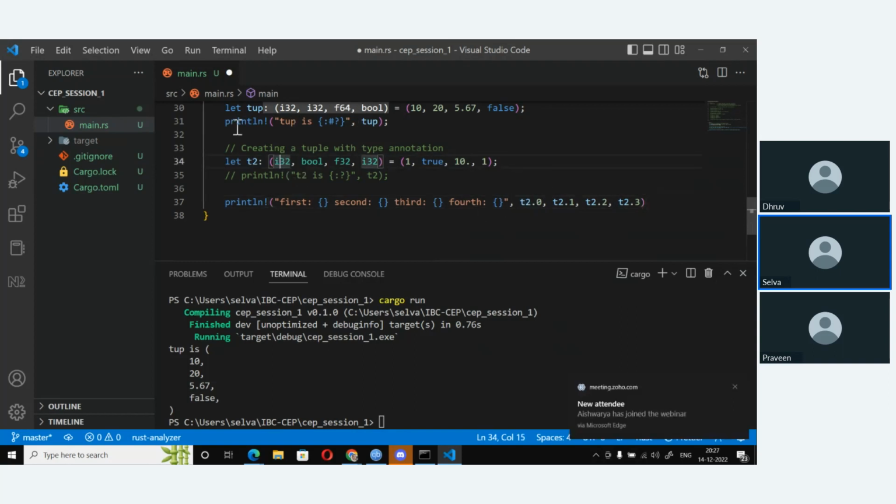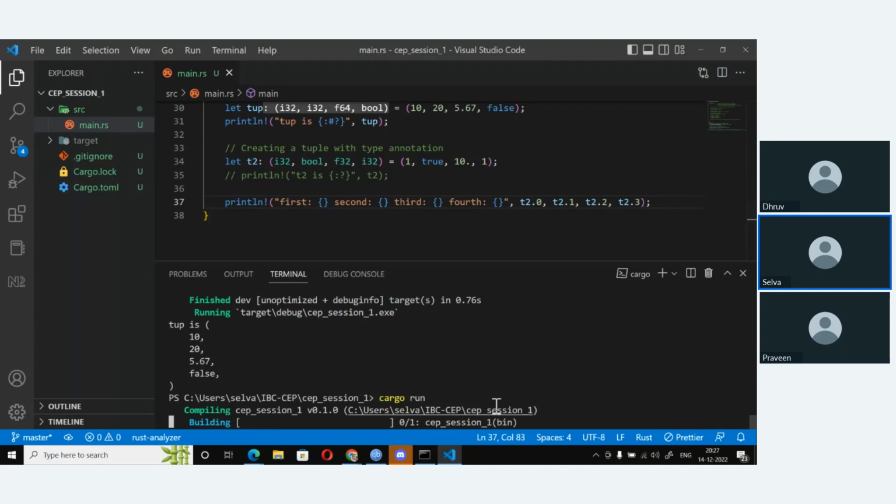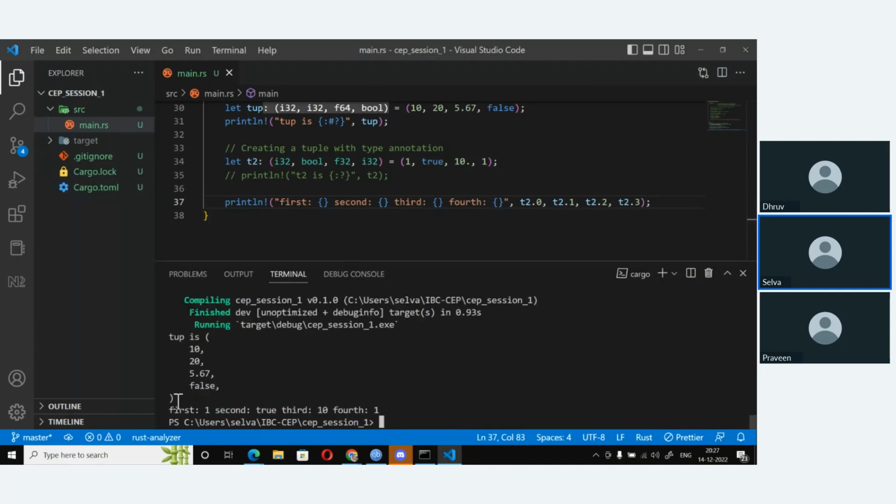And the position index will always start from 0, so 0, 1, 2, 3, like that. If I save this and run this, 1, true, 10, and then 4. So it's coming out the way you want it.